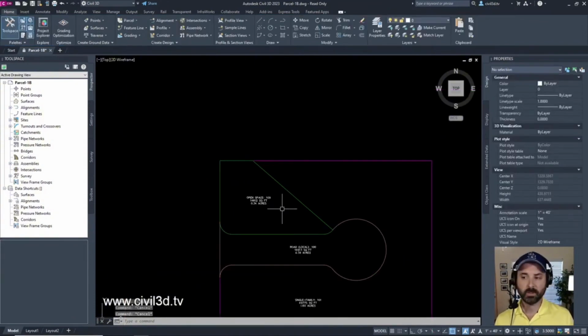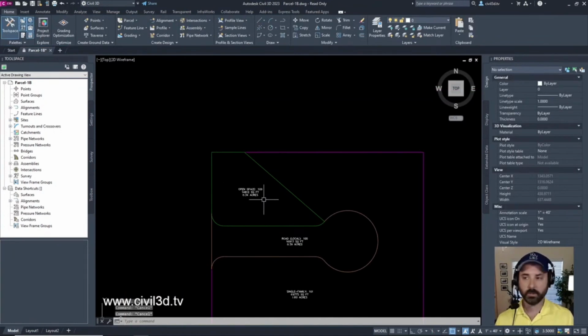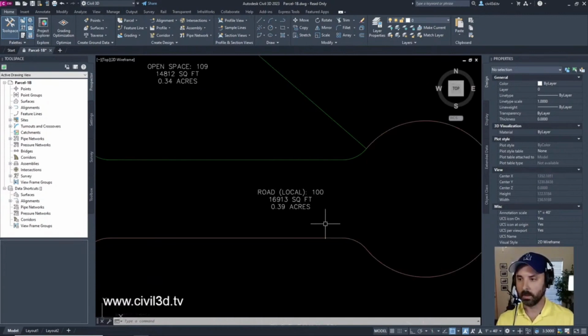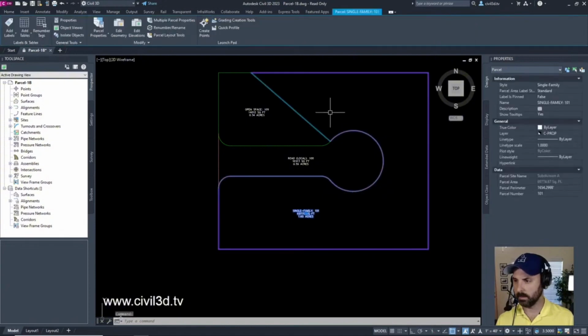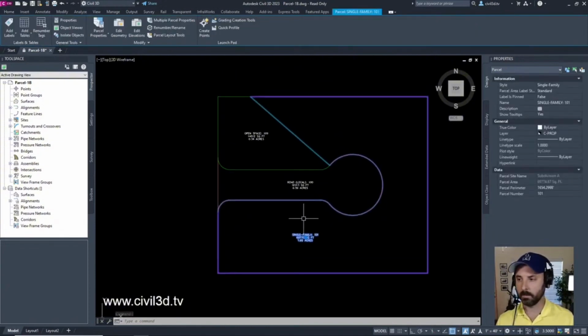So that's one of the beauties of using parcels: using those styles to your advantage. We have our road that's already listed in here. Single family encompasses this area right here.